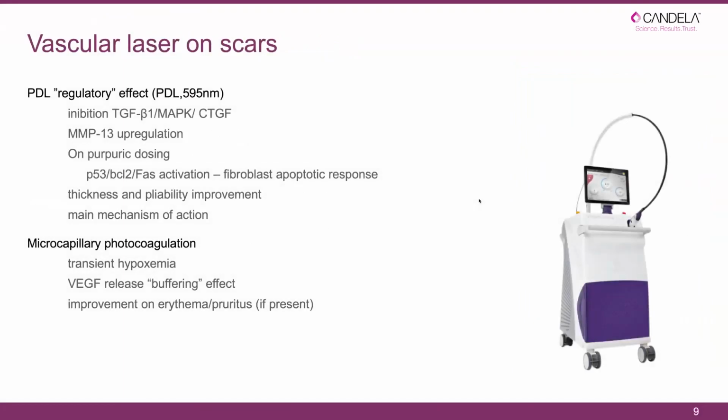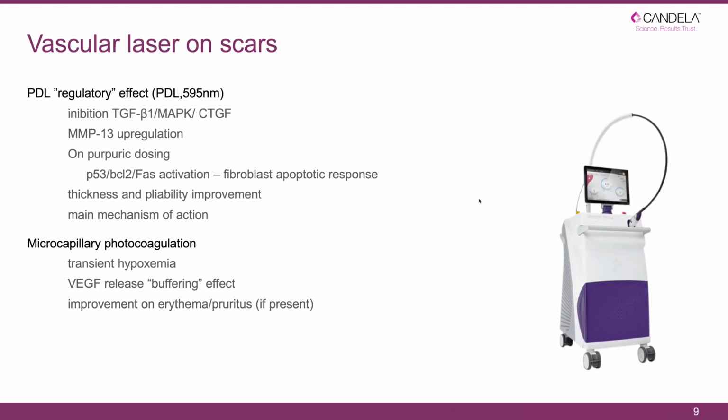So why use a vascular laser on scars? First of all, the reference that we have on vascular lasers on scars is the pulsed dye laser, the wavelength that has the most published science. We know that it acts with a regulatory effect, because it basically inhibits TGF-beta 1